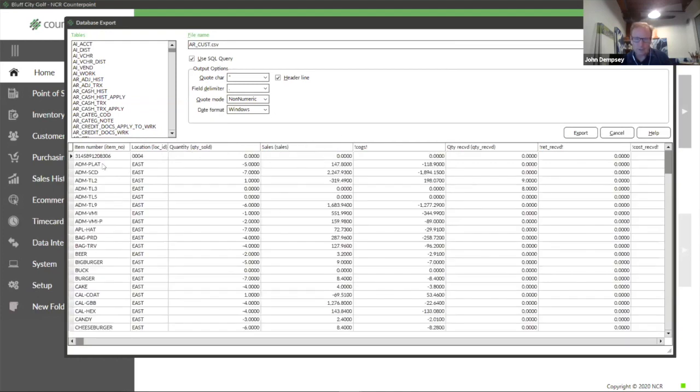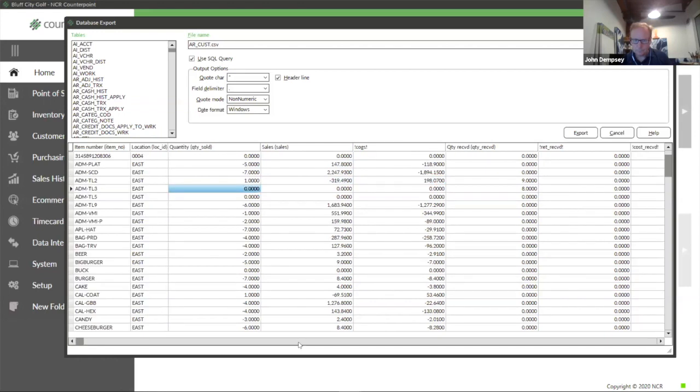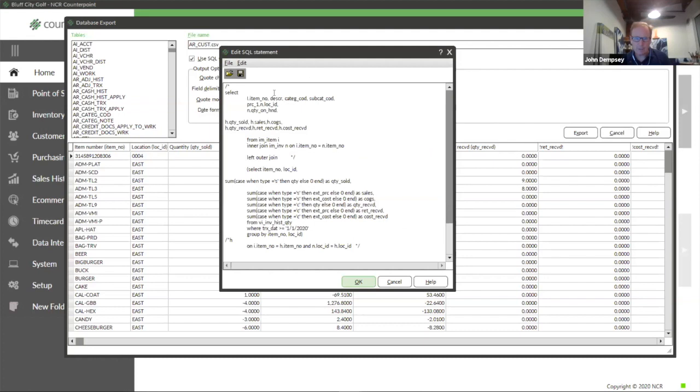So that sales history is giving me my item number and location, my sales at quantity, cost, and retail, and my receivings in quantity, cost, and retail. And I want to link that to my item number description and my quantity on hand at the east location and the main location and location 4. So if I take those comments off,